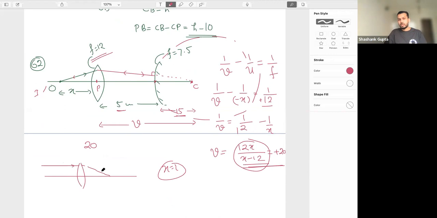So why 20? Why plus 20? This I can see from the diagram only. This is 5. This is 15. How am I saying this is 15? Because if the ray is falling perpendicularly on the lens, then the ray which is coming feels like it should pass through the center of curvature. So this is 15. This is 5. So this is 20. Oh, if you are asking about this multiplied by 2, yes. No, I think you are asking something else.